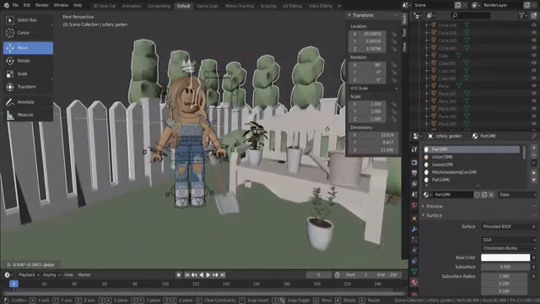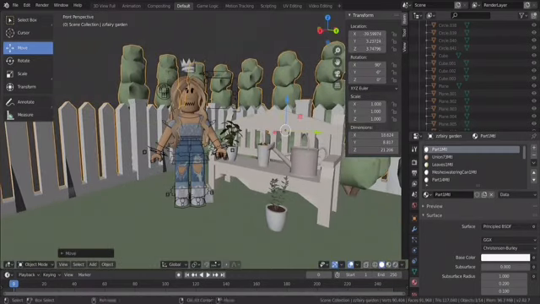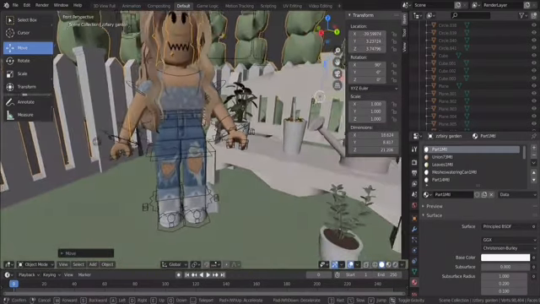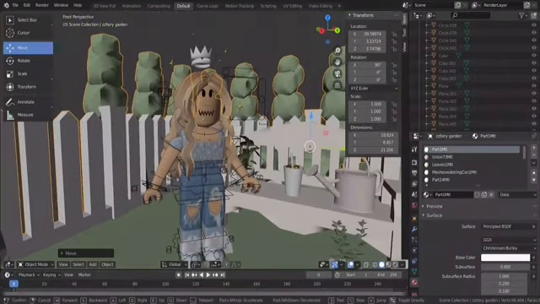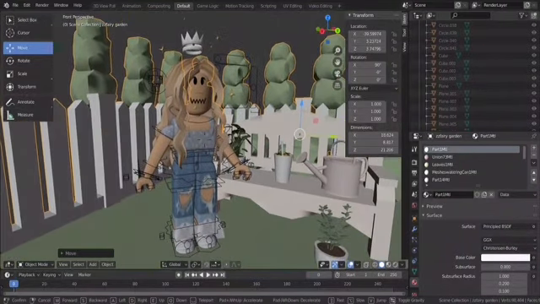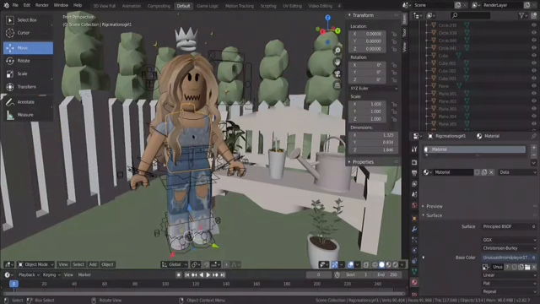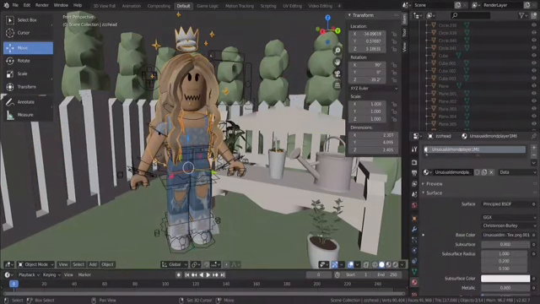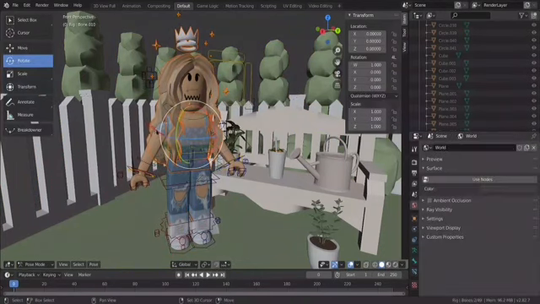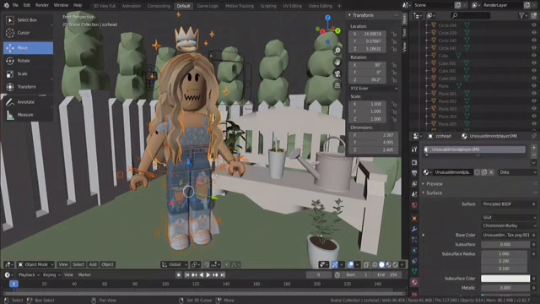Or I don't know what I'm going to do exactly, but I think I'm going to have my character sit down on the ground, just kind of next to this bench. So I'm going to click all of this, rotate it,